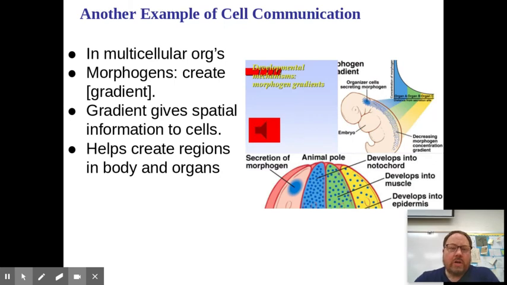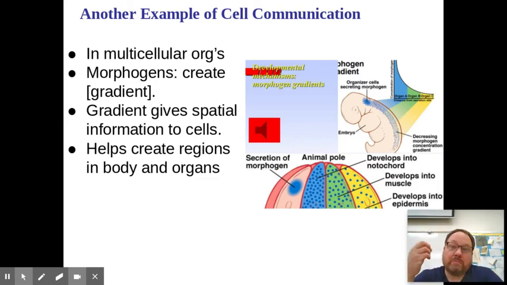One example of cellular communication happens during embryological development. We all start off as a single cell, and that cell splits into 2 cells and 4 and 8 and 16, 32 on up. But eventually you create a hollow ball of cells called a blastula, and then that ball of cells folds in like a C shape. That's called gastrulation. You create a gastrula, and then you basically have a beach ball with a hole poked through the center of it, and that will develop into the tissues of our body.